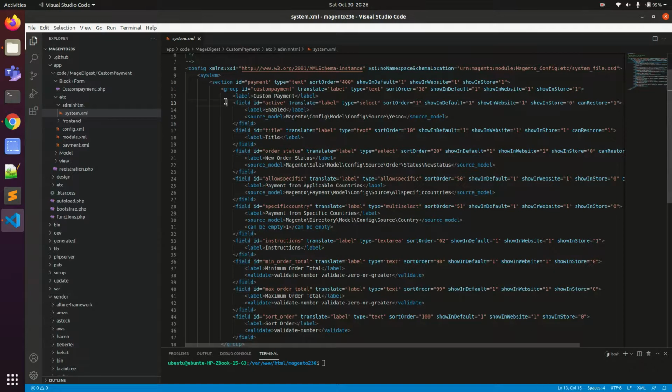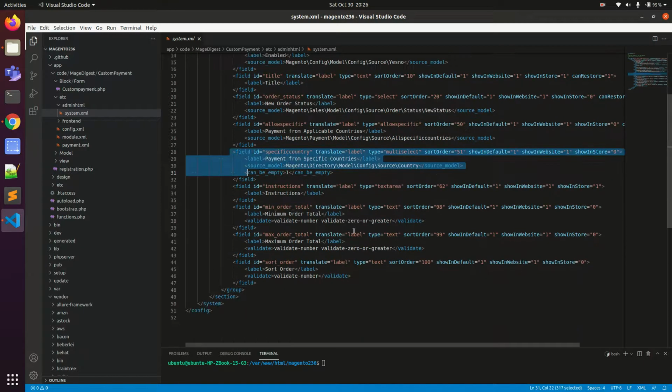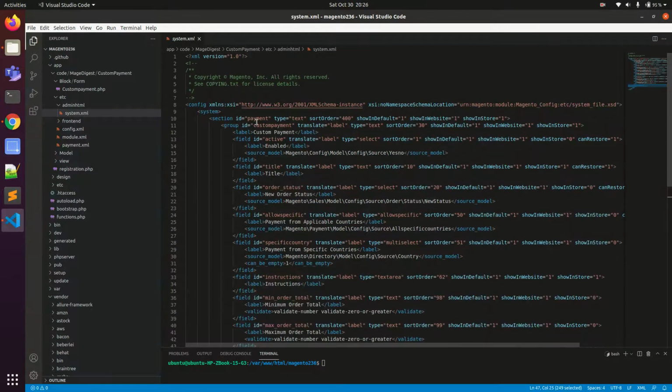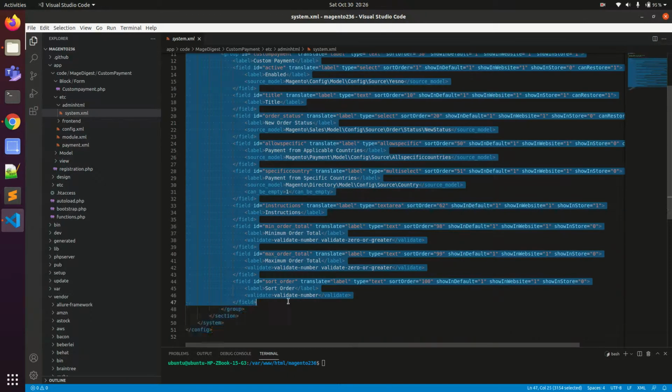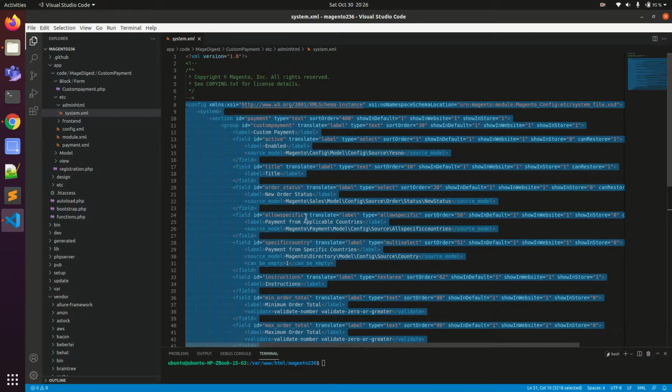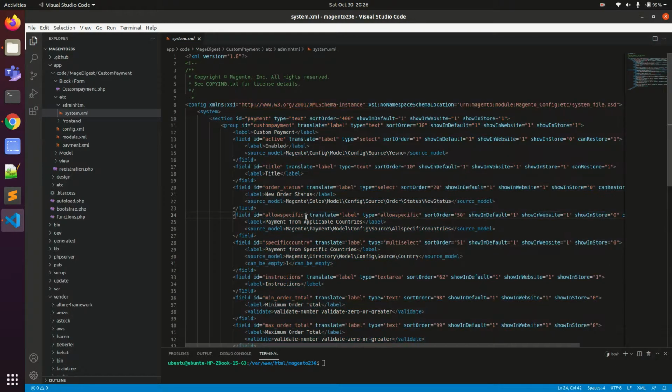These are the fields that I am mentioning: active status, title, new order status, minimum order total, instructions, specific country, sort order, these kinds of fields. So pretty much simple. In order to view the same configuration here, I am mentioning the same thing in the system.xml, otherwise you will not be able to view that. So you have to keep this in mind.